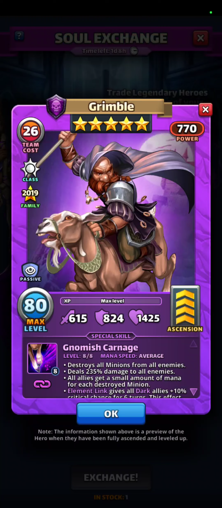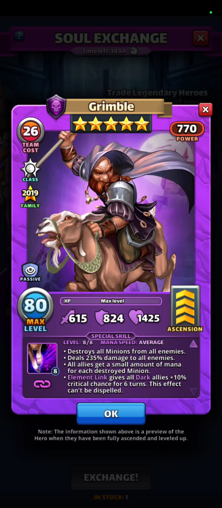Grimble's in that 2019 family. And Grimble, when he first came out, a lot of people were down on Grimble. So was I. I mean, anti-minion, he doesn't deal a lot of damage. And so this anti-minion hero at the time